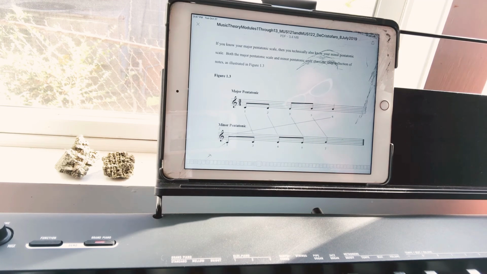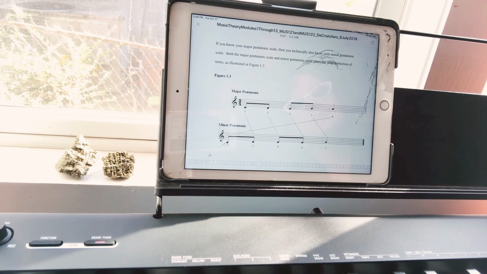So when we call them a major pentatonic scale or a minor pentatonic scale, that means you're locking it down to a key, and often if you're playing, I'm thinking about rock and roll now, if you're in the key of G and it's